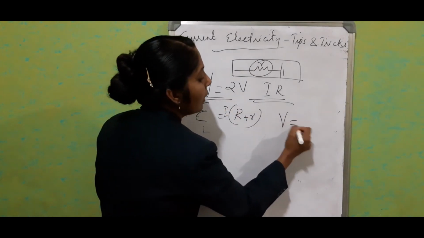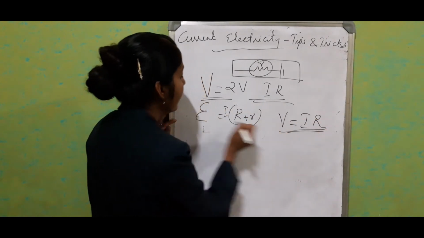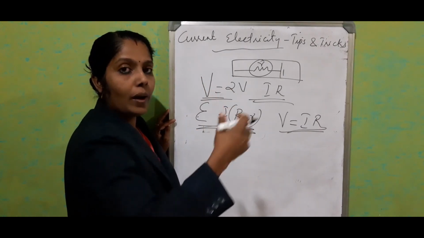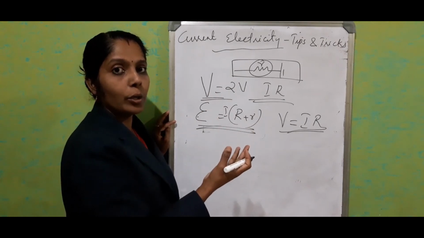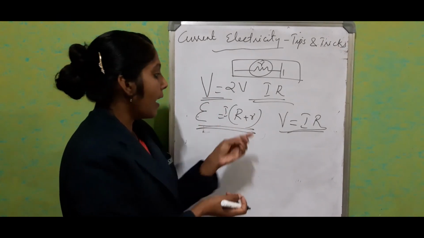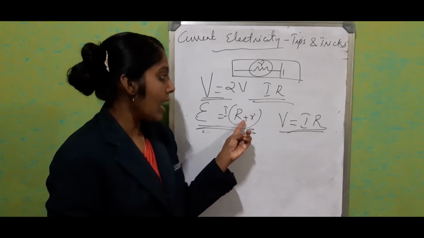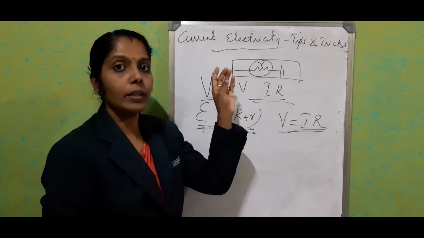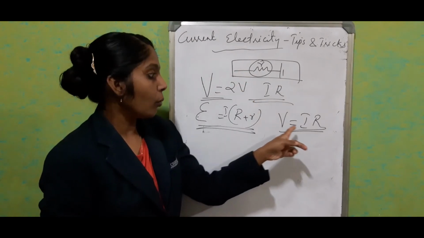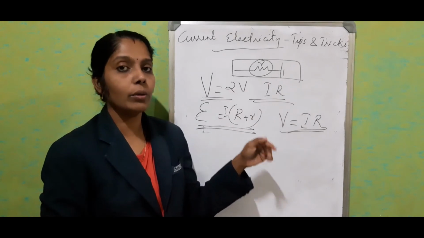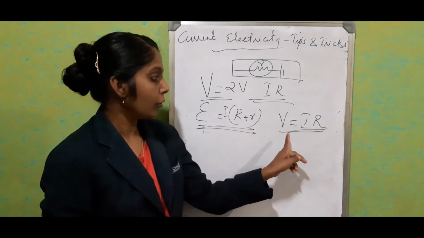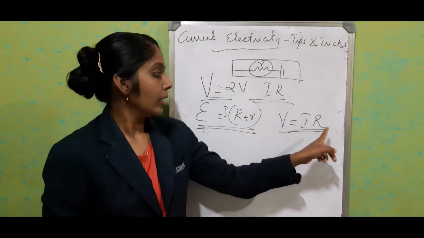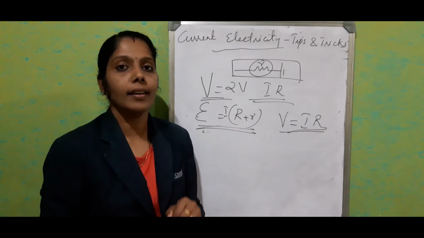Terminal voltage is only related with the outside resistance, and EMF is related with the internal resistance. So while solving the problem, keep that also in your mind. EMF means we have to consider the internal resistance, that is R plus r. Otherwise, if the internal resistance is given in the problem or in the figure and you want to find the current passing through the circuit, don't use this equation. If you are finding terminal voltage, only use the external resistance.